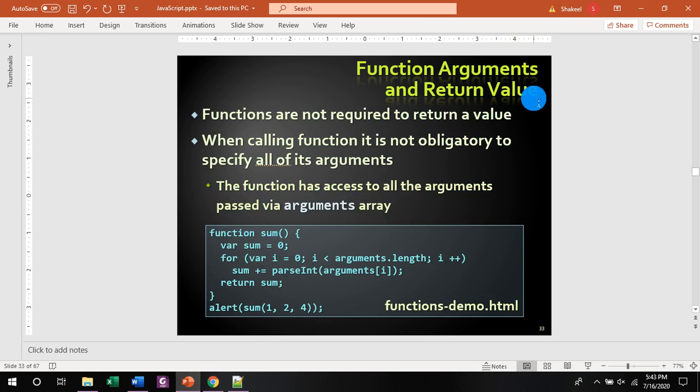Function arguments and return value. Functions are not required to return a value. When calling function, it is not obligatory to specify all of its arguments. The function has access to all the arguments passed via arguments array. Like in this